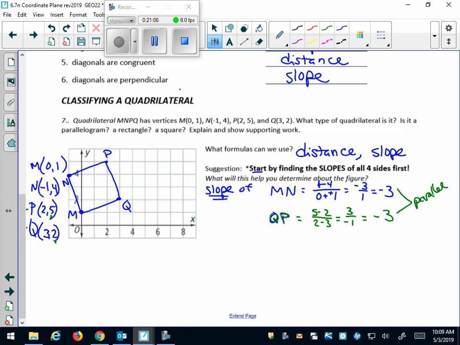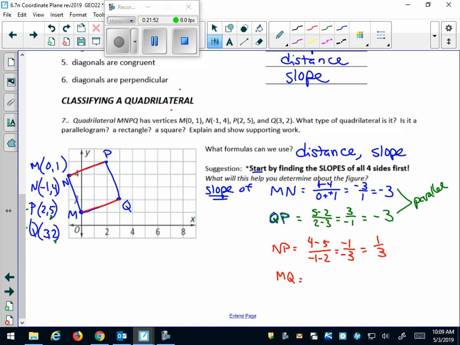Now we're going to do the same thing with the other two sides. The slope of NP and MQ. Slope of NP, again, subtract the y's. 4 minus 5 over negative 1 minus 2. And we get negative 1 over negative 3, which is positive 1/3. And MQ,